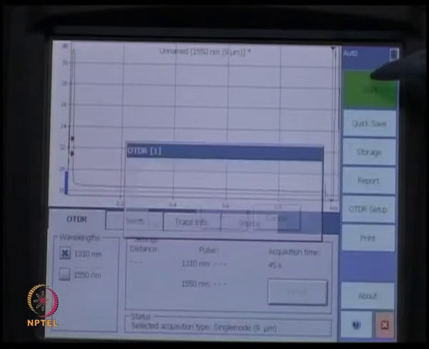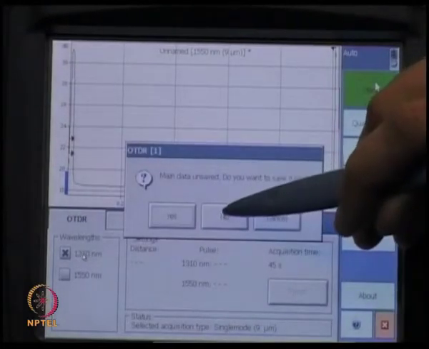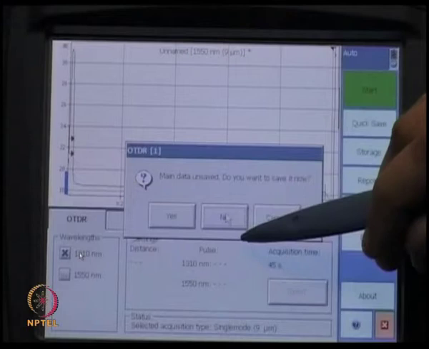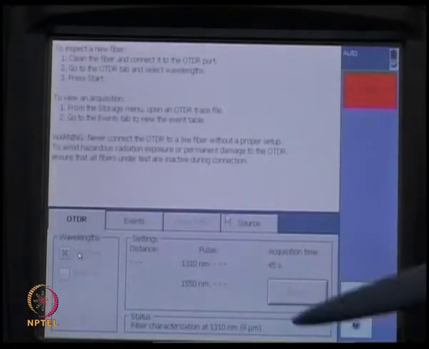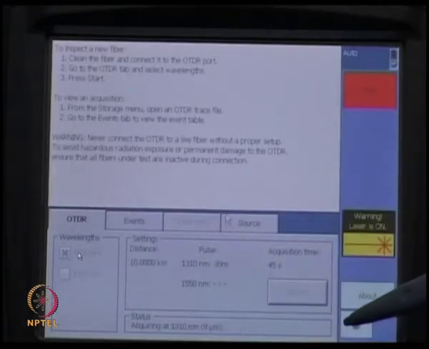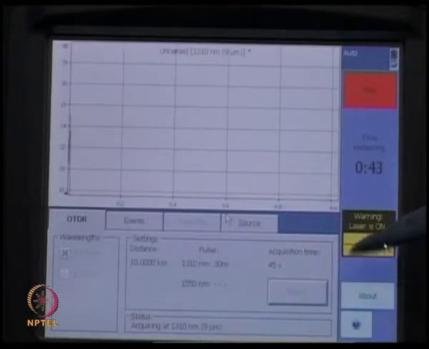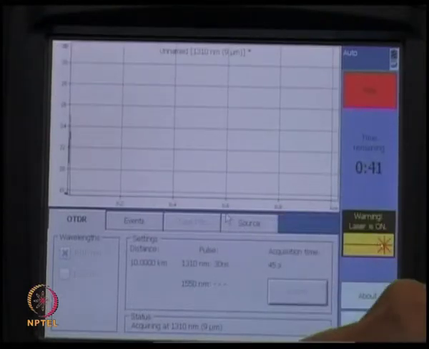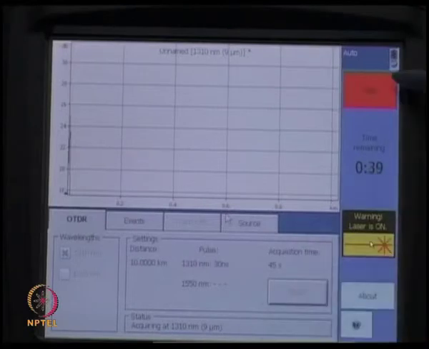And we can start, the start button. And this shows that now the light source is on. So, the optical pulses are launched inside the optical fiber